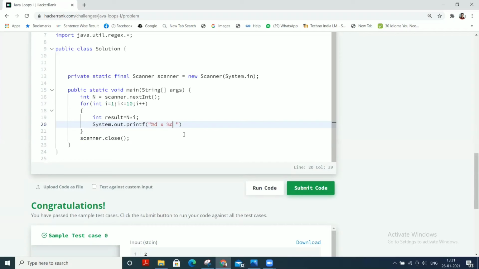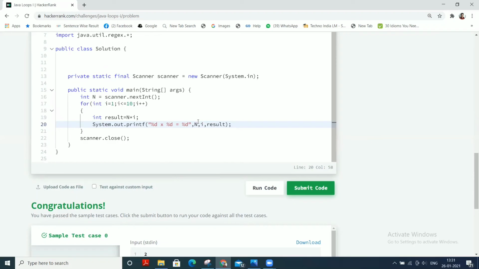The next percent %d is for the i, then the equals sign, and then it is for result. So n comma i comma result.